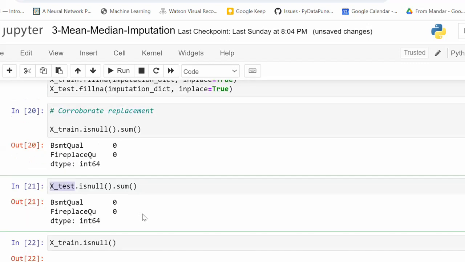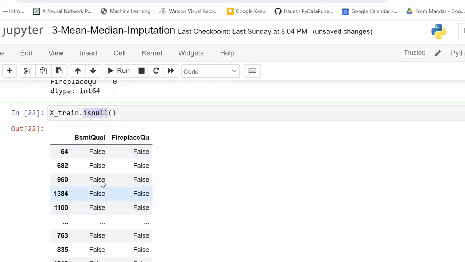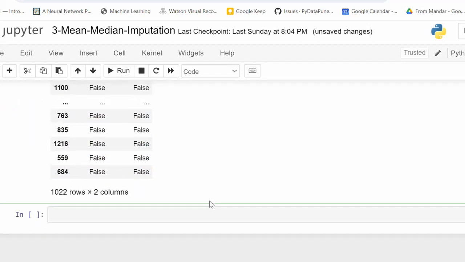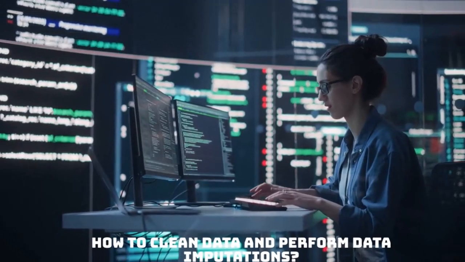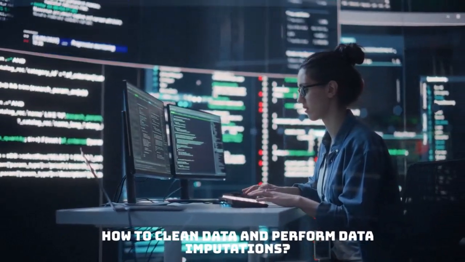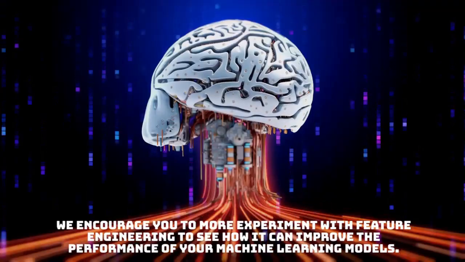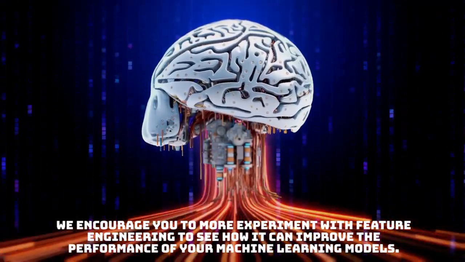I'm just checking if X train is null, just to verify, do I have any null values? It will return boolean, so I see false, false, false, false, everywhere false. This means I do not have any missing values in the dataset now. This is how we can impute mean, median and mode in my dataset. So this is very simple. We understood how to clean the data and perform data imputation, different ways to perform the imputation. We encourage you to do more experiments with feature engineering to see how it can improve the performance of